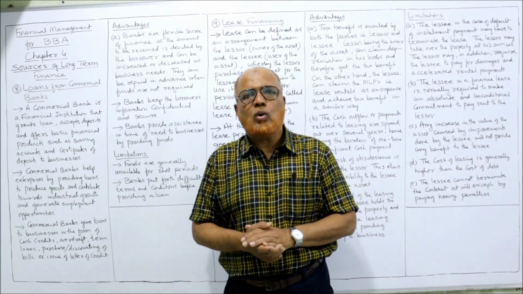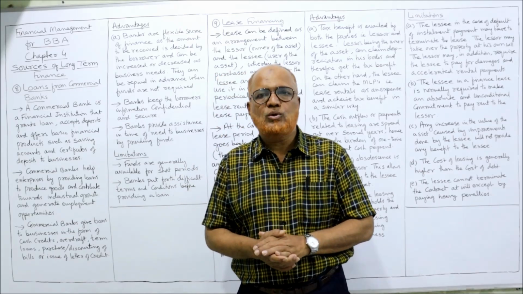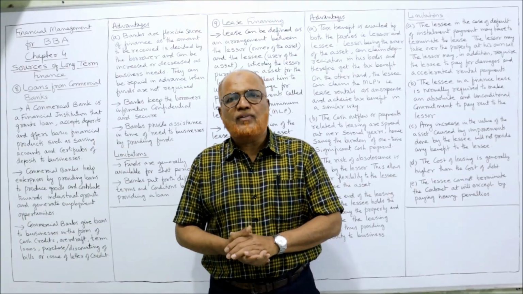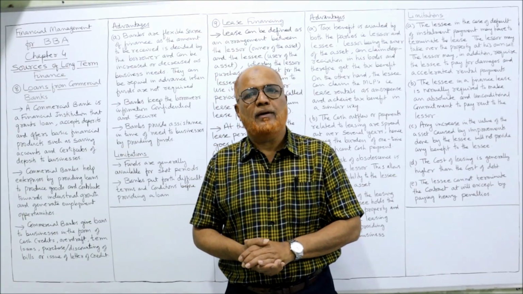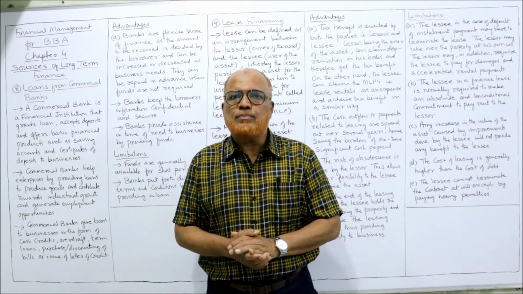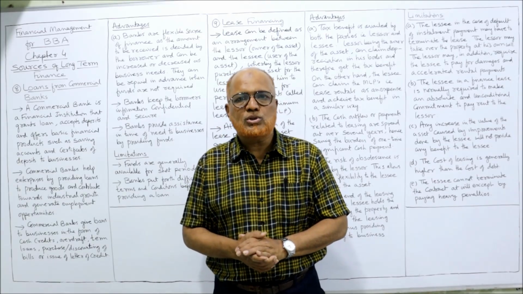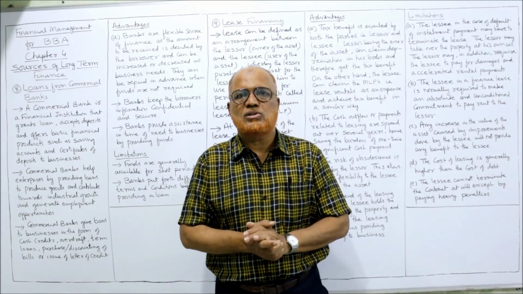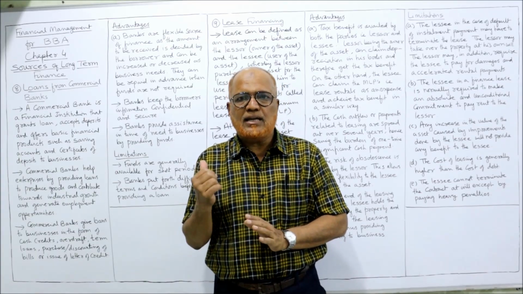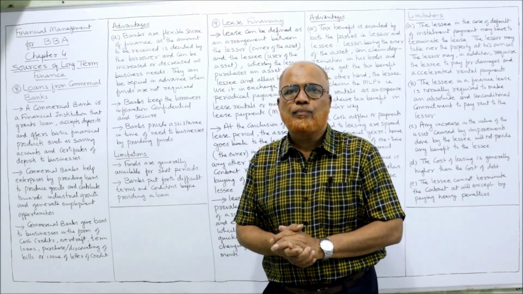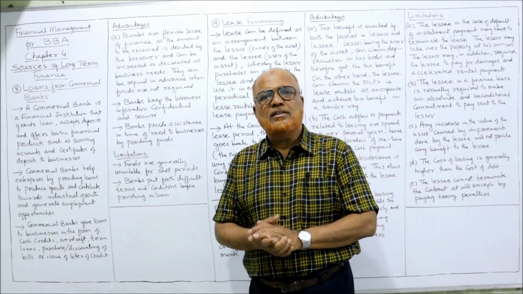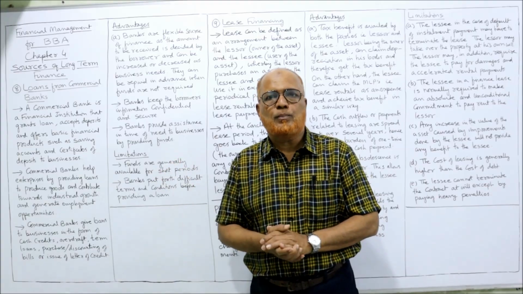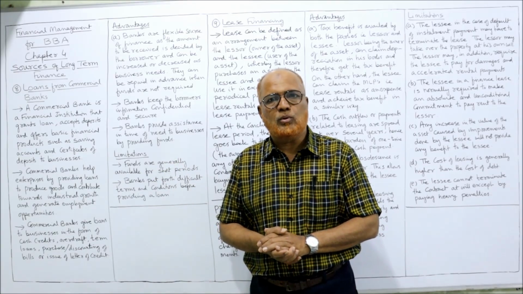So if you have not watched the earlier videos, I suggest you go to the playlist of my channel. Select the subject Financial Management for BBA. Select the videos of chapter number 4, that is sources of long-term finance. Be perfect about the first 7 sources which I have explained. 8 and 9 I am going to explain in this video. So before proceeding further, I expect my viewers to take a screenshot of the points which I have written on the board.